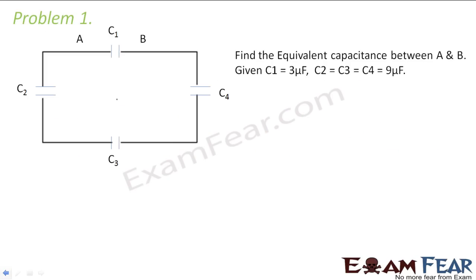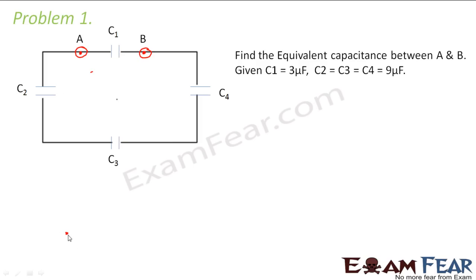Now let us solve a bit different type of a problem. Here also, however, the question asks to calculate the equivalent capacitance between points A and B. So did you notice what is the difference in this problem than the previous problems? In previous problems, your end points were open and that made it very easy for you to understand which is in series and which is in parallel. Here you have a closed circuit, and in that the question asks you to calculate the equivalent capacitance between 2 points. So now you have to keep your reference at these 2 points and then watch which is in series and which is in parallel.